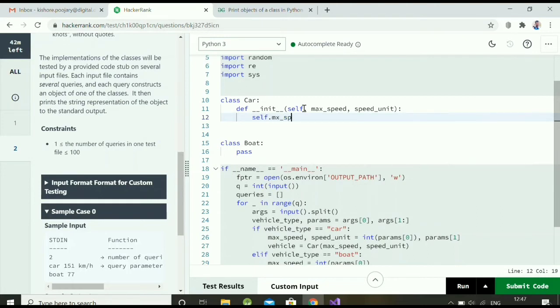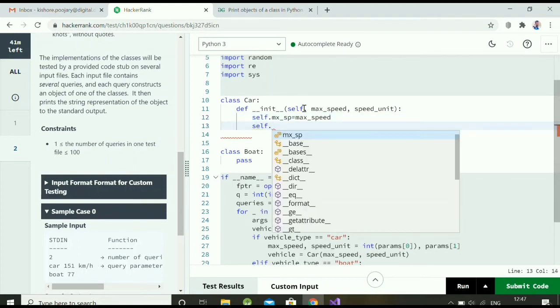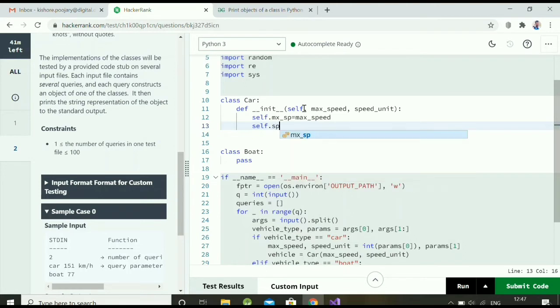The self object is used like, self is the current instance of the class, so I'm using that. So here you can see I'm initializing the maximum speed and speed unit to the instance of the car class.